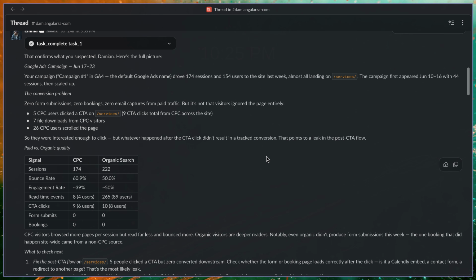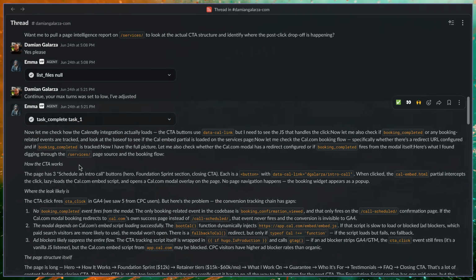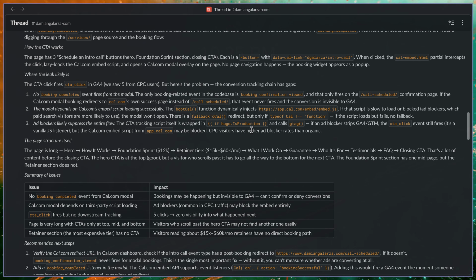And what's interesting here, further, is that Emma and Beacon are also connected to the code base itself, to my website. So they can actually take the learnings from the analytics and look at the code base and understand how it's built, what pieces are there, and potentially highlight or flag what problems there are. So altogether, a cohesive system.